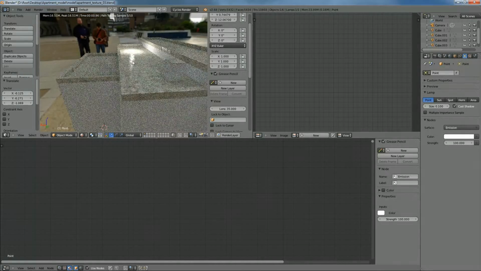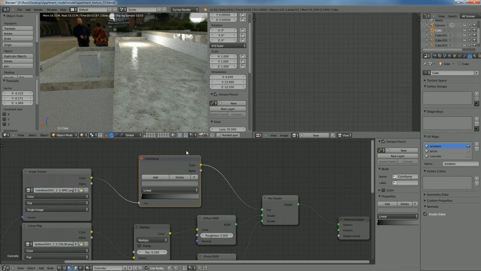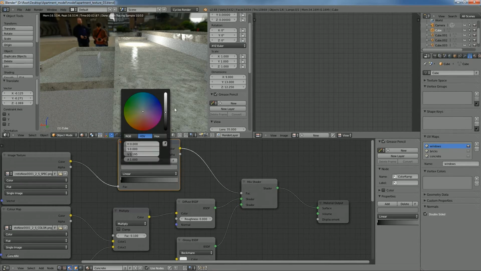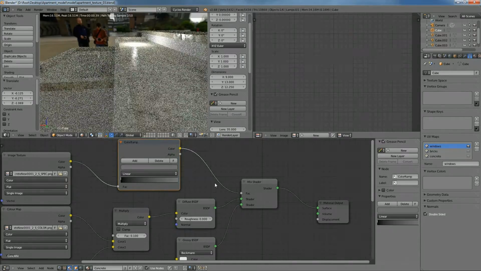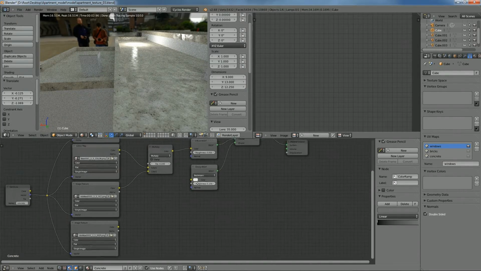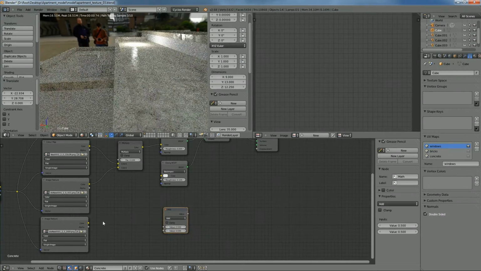You'll get the reflections that you'd expect with concrete at that steep angle, but it's not going to be that 100% reflection that it was getting before. So if that's still too reflective for you, you can always dumb down this gray value. So that's that. And then lastly, we're going to go ahead and add a converter math node, plug the color